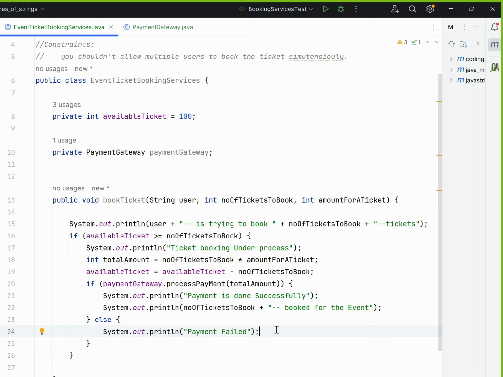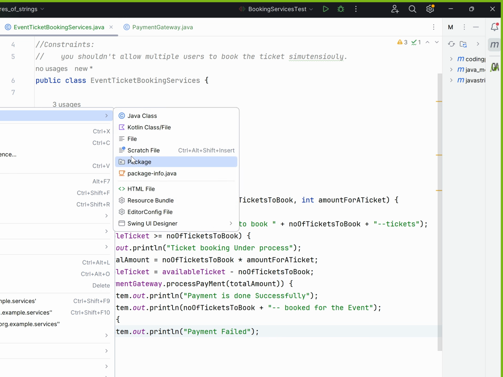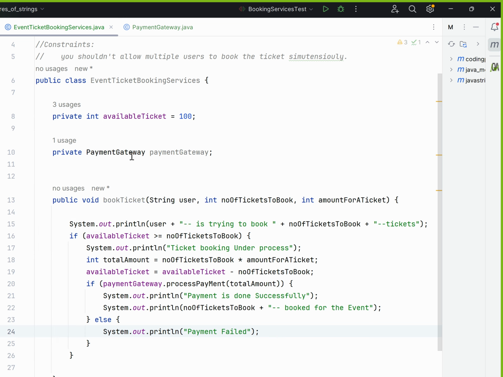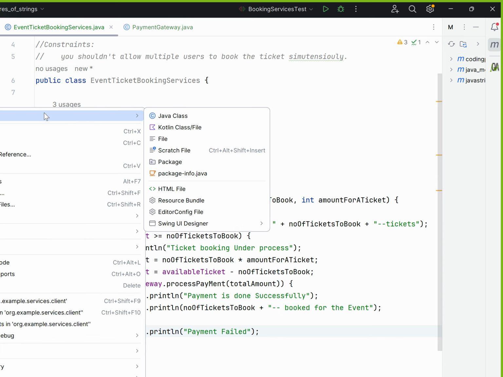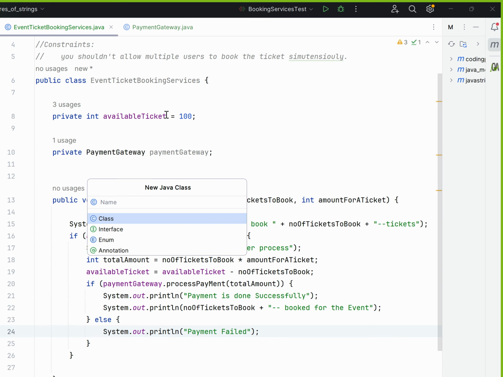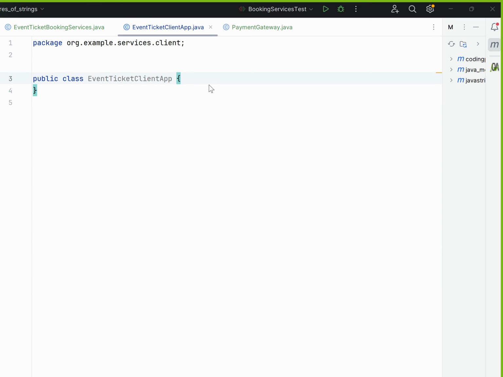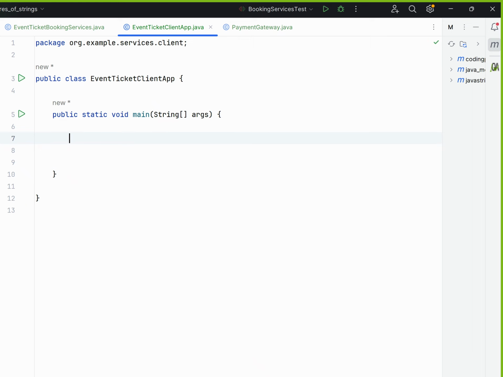Okay, fine. So after this, what I'll do is create a client class. Let me go and create a package called client. Inside this, I'll be creating a client class. Let me give this a theme name, event ticket client app. In this, we have a main method which will be calling our